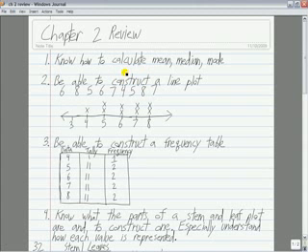Okay, here are some questions that will help you to study for your Chapter 2 test. The first thing you need to be able to know how to do is to calculate the mean, the median,